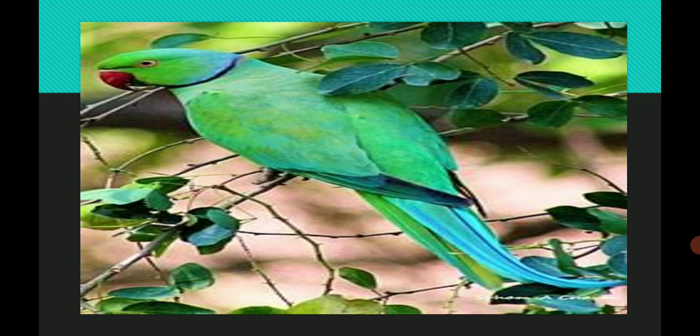2 wings. We see many beautiful birds around us. Some are big, some are small. We have studied about our body parts, and in this chapter we have to study about the body parts of birds. Birds also have different body parts that make them special and different from us.